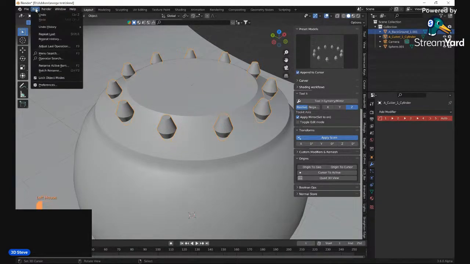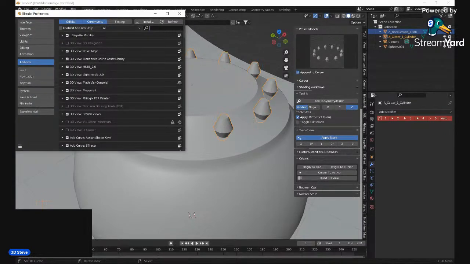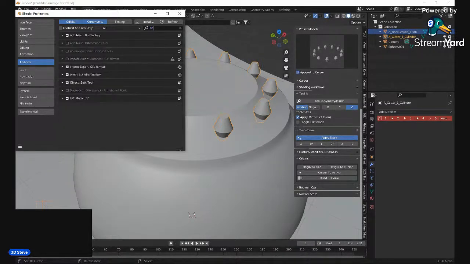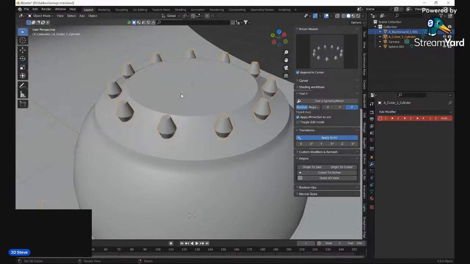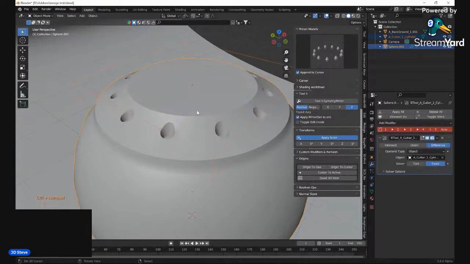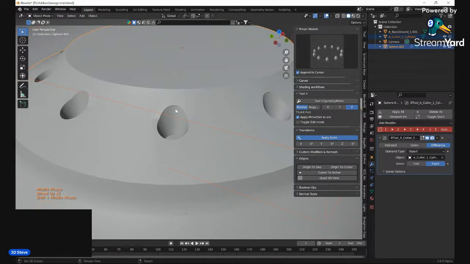If you don't have the bool tools enabled under preferences, add-ons, you can. What you do is select an object with shift select, and then you can hit Control minus and cut a boolean in. And of course, this isn't necessarily